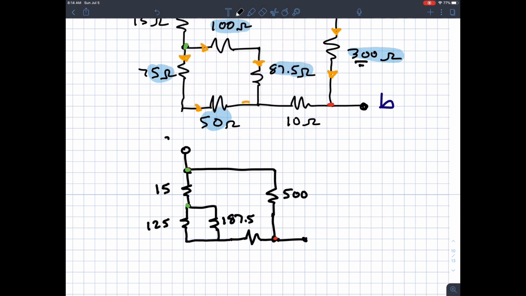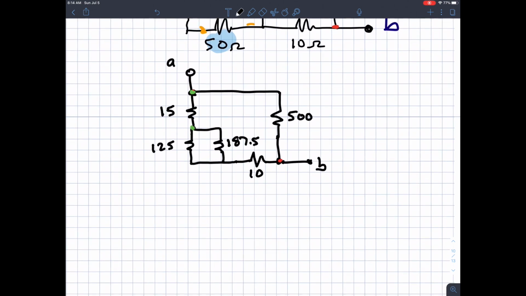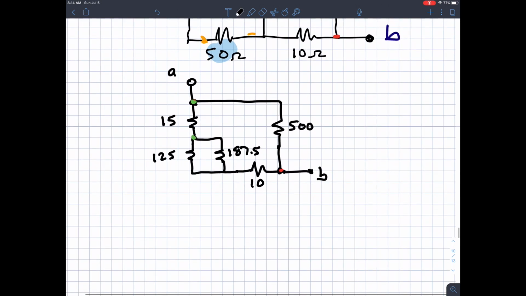This point is still A. This point is still B. All right, so now I'm looking at this, and I forgot to copy this 10 ohm down. Now I'm looking at this, and I see a parallel combination. You know, the 15 and the 10,